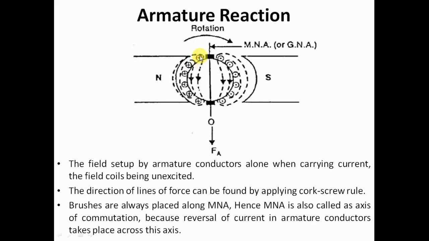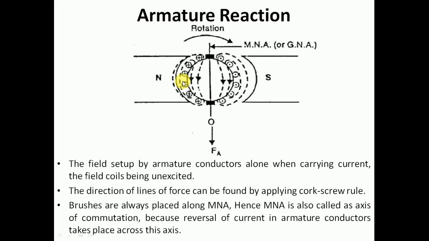The direction of current which is into the conductor is represented by a cross here, and the direction of current which is out of the conductor is represented by a dot here. So in this case, we have considered only the armature flux. There is no main flux. As you have studied in your basic electrical engineering course,